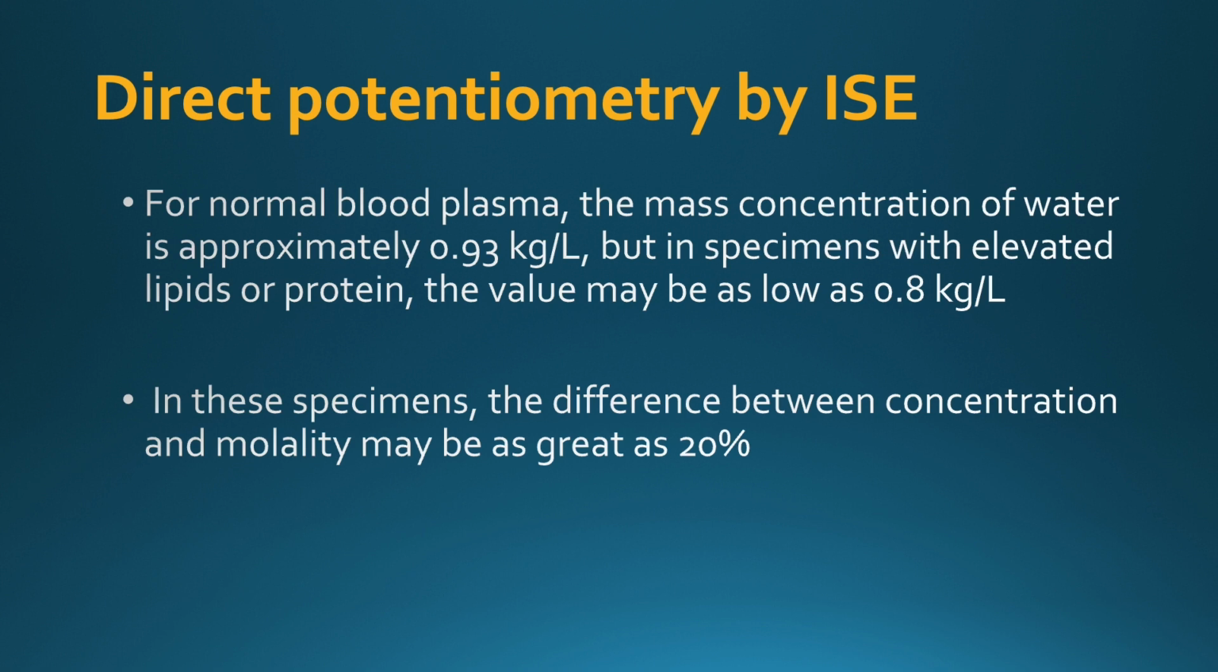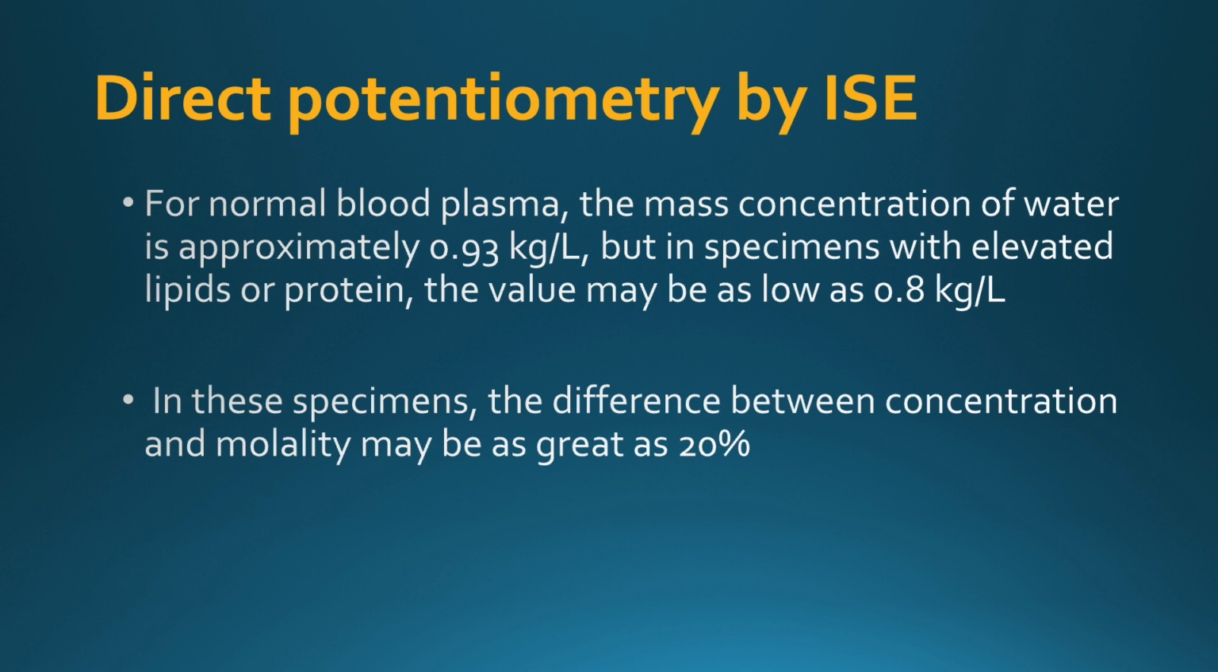So the factor that affects whether these values are close or far from each other is the mass concentration of water. Now in normal plasma, the mass concentration of water is approximately 0.93 kilogram per liter. But in some specimens, when the patient is lipemic, especially with triglycerides, or if the patient has hyperproteinemia, such as in multiple myeloma, which has a lot of paraproteins. So when the proteins and lipids are present in excess, these are the main constituents of the solid fraction of